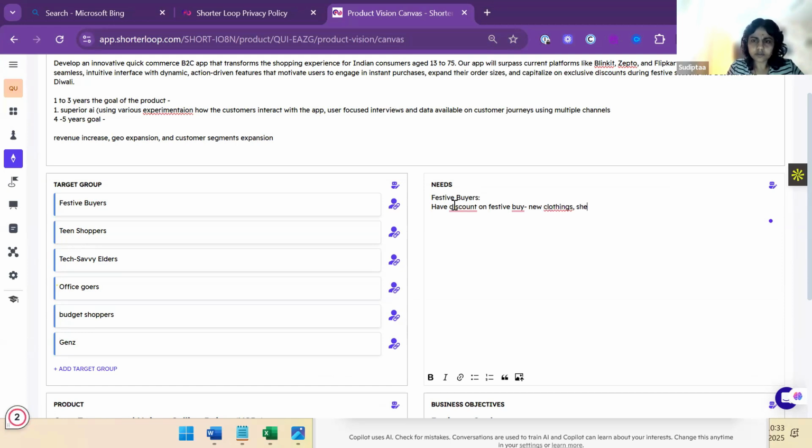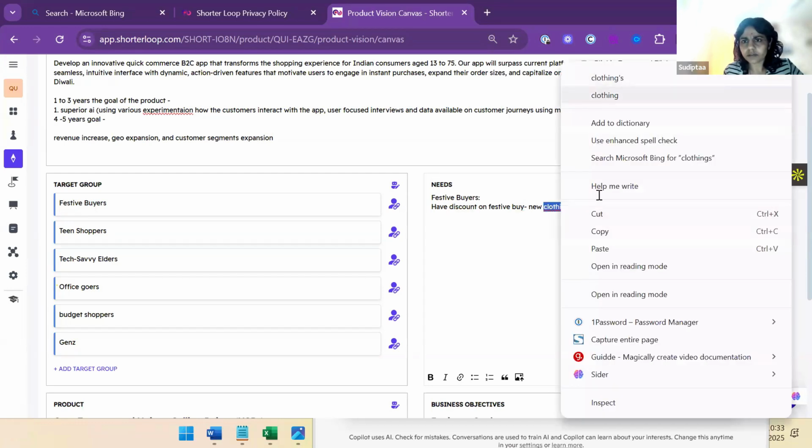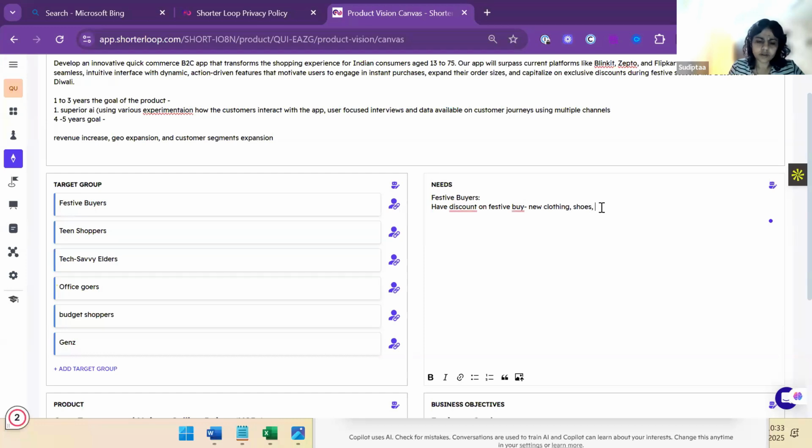What else, shoes that you can get. Yes, give some other example. I'm not getting a better example right now. But yeah, I see what you need. Okay, some quick gifts for family and friends.